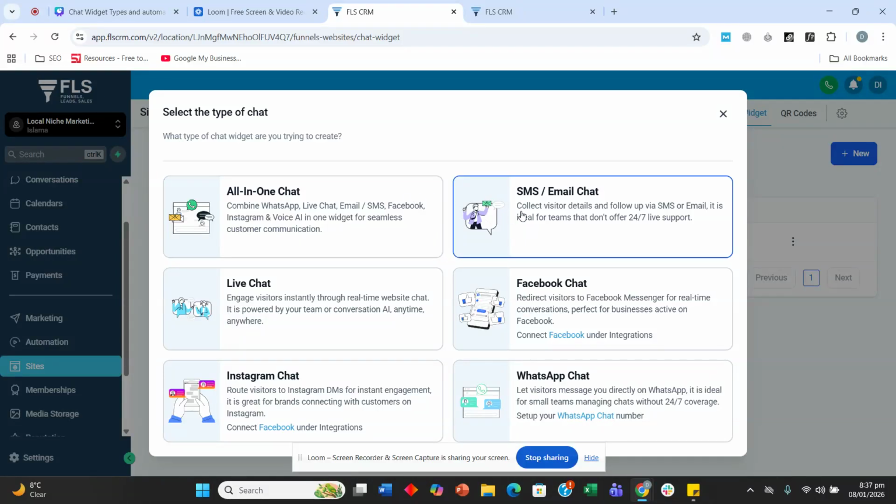Next one is SMS and email chat. If your team is not available 24/7, then it's great. They can send you an email or an SMS, and you can send a response to them: Hey, our business hours are from this to this, so we will get back to you at 9 a.m. EST, right? Then comes the live chat, which we are going to cover in this video